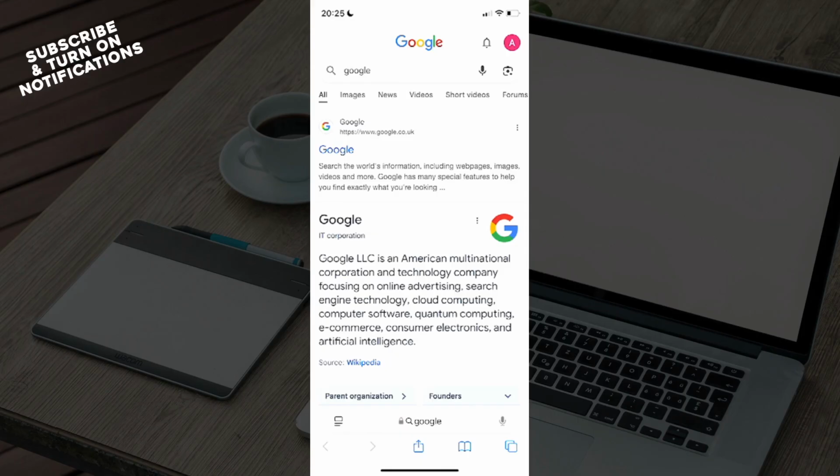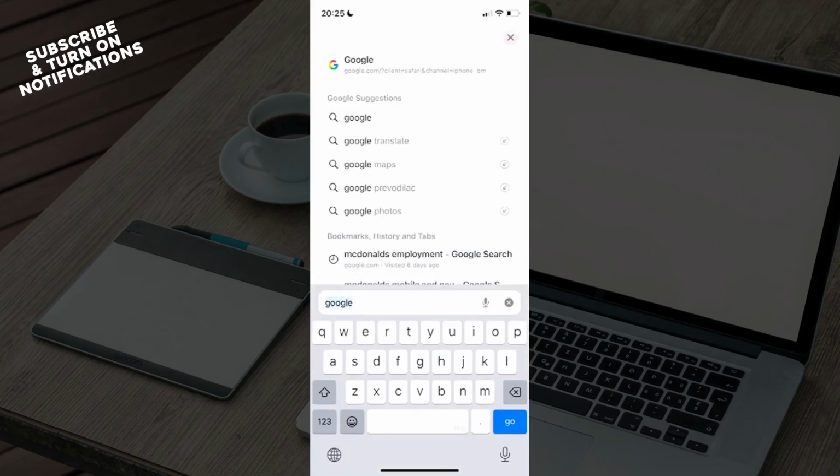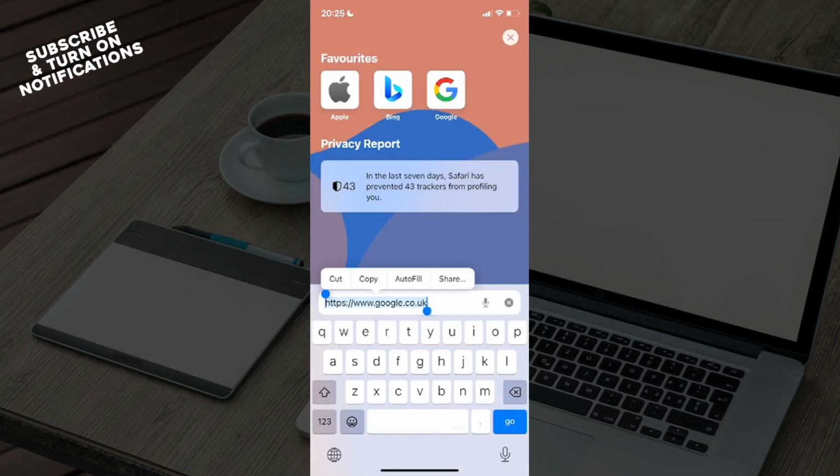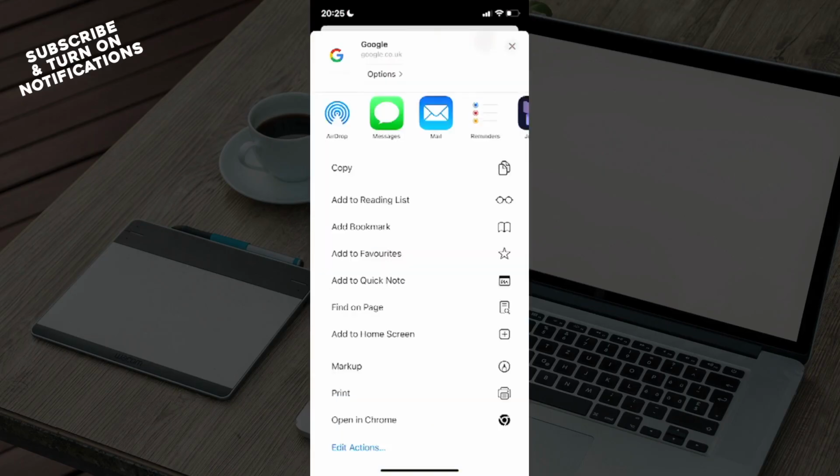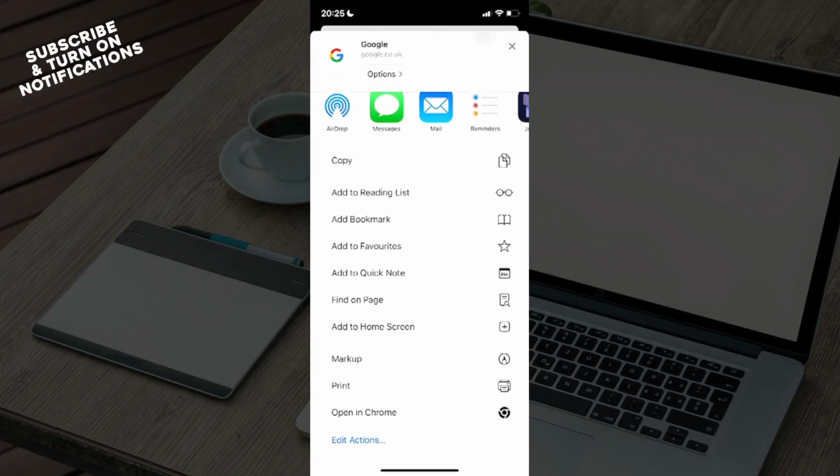On here, I just need to click on the website. And on there, I will see the options cut, copy, autofill, and share. I need to click on share. Through here, you can see some of the options like messages, reminders, AirDrop, copy, and so on. But if I scroll pretty much to the bottom, I can find add to home screen and I